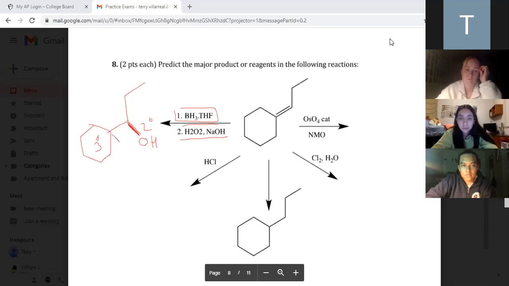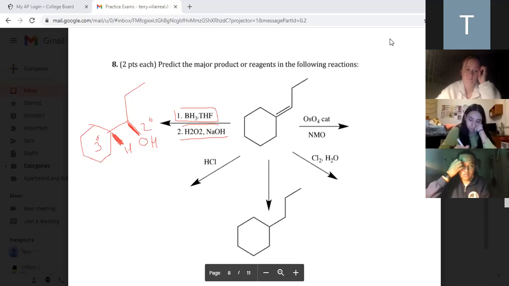On the other side, we are also going to add an H, and they're both going to be on wedges like that. So what's the other way we could add them then? Just the other dashes. Yeah, dashes. Does that make sense? Yes. Yeah. Because you're going to make a weird intermediate, so you can add it either that way or that way. But your H and your OH that you add across that double bond, because we are adding them to here and here, they're both going to be on wedges or both be on dashes.